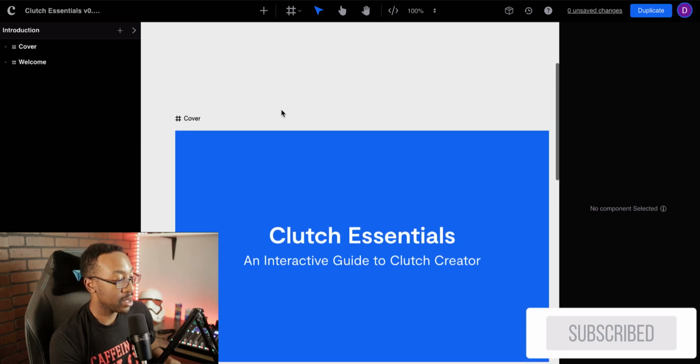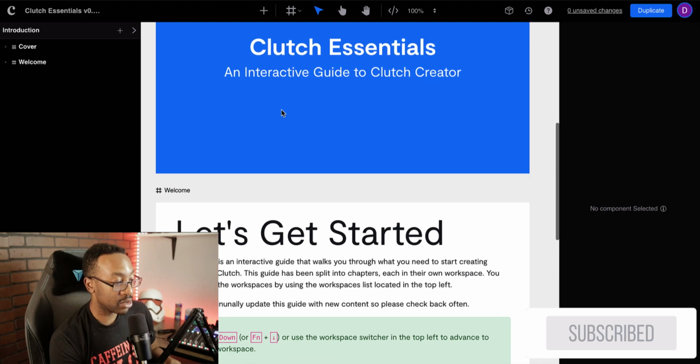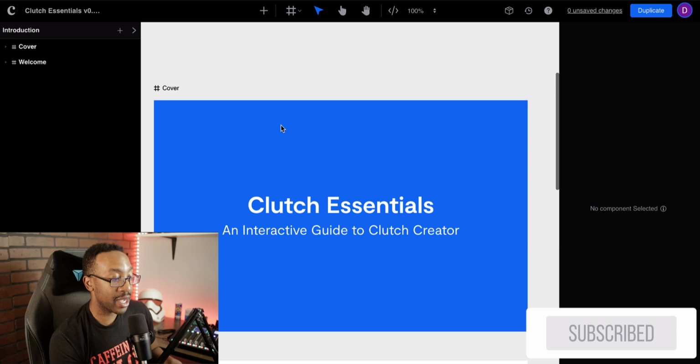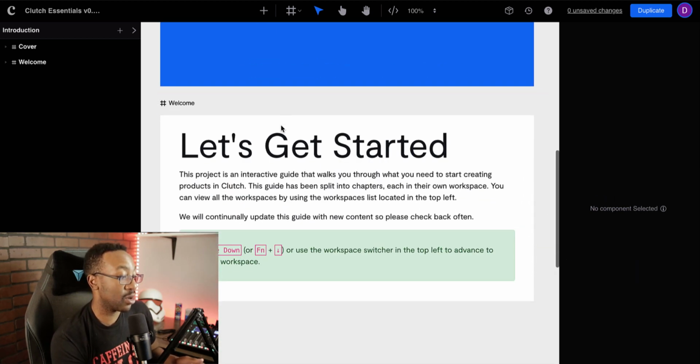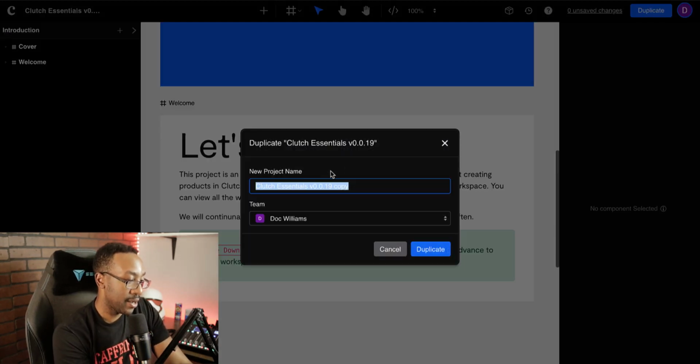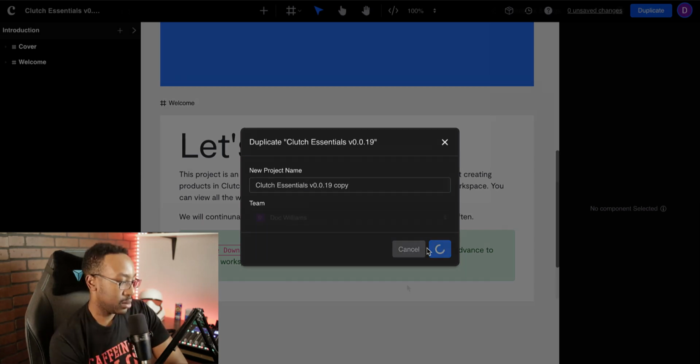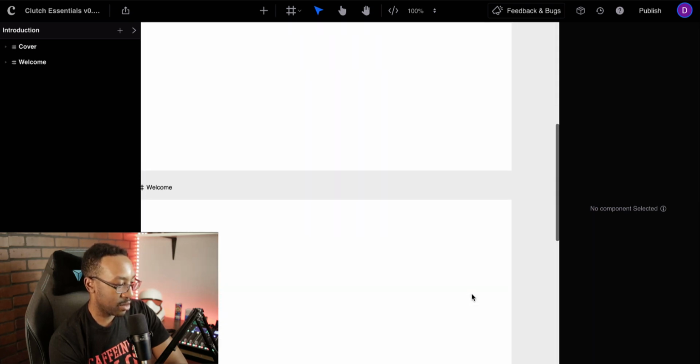So just realize the canvas, as I'm going around, there's going to be a lot of different things I'm going to have to consider. The other thing is, what I like about this first section is it's an interactive guide to start working with this. So it's going to ask you to do certain things to get started. Now I'm going to duplicate this because remember, this is public. I'm going to bring this into my account. So I'm going to duplicate. It's taking a second to load. So that's something to keep in mind.